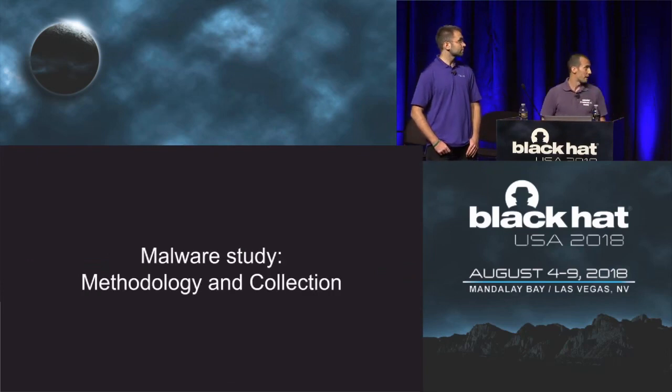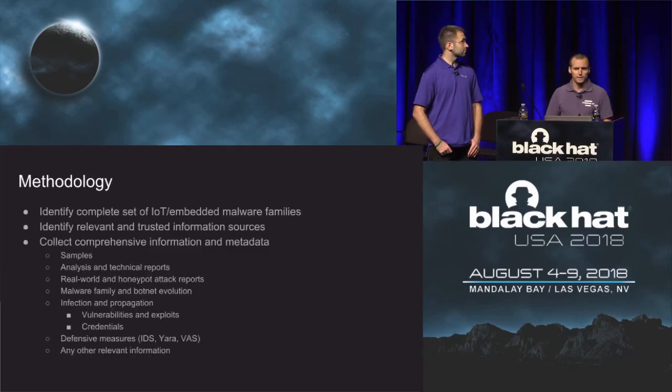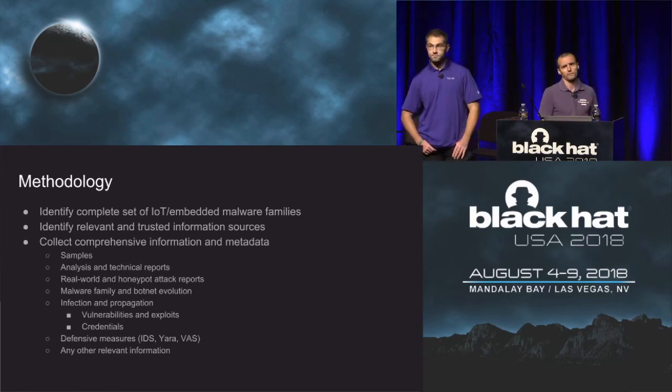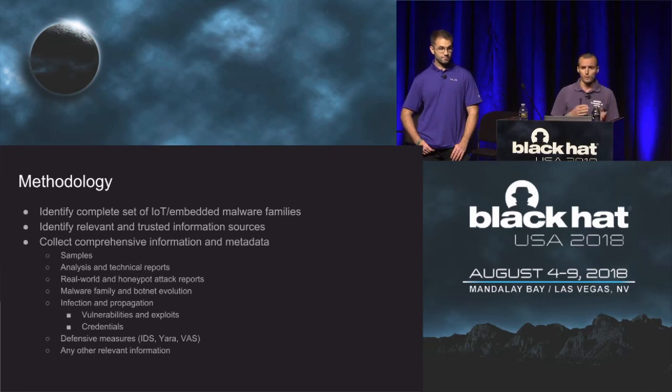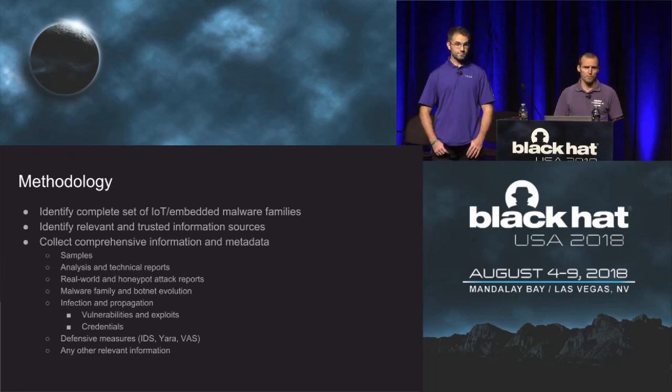And let's go over the methodology and the collection. So the first step was to identify the complete set of IoT embedded malware families. Roughly, this set consists of the names you saw in the timeline earlier. Then for all these families, we identify relevant and trusted information sources, such as threat intelligence reports, antivirus company reports or analyses, intrusion detection or intrusion prevention rule sets, and we collect all this information, try to get as much metadata as possible. Then from all these sources, we collect comprehensive metadata, including samples and hashes, but